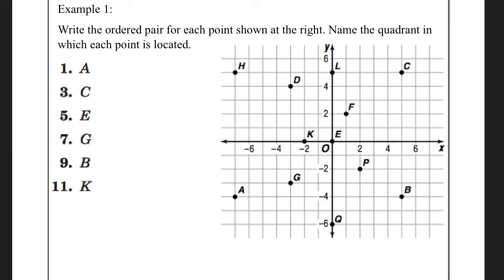So we're going to practice on this slide with identifying or reading points before we talk about actually plotting them. So I'm going to read the coordinates of point A first. Point A, it looks like, is down here. Okay, so if I want to name its coordinates, or where it actually is located, I'm going to look at its x value. Its x value is going to be at, this was -6, so this should be -7. I'm going to make my coordinates